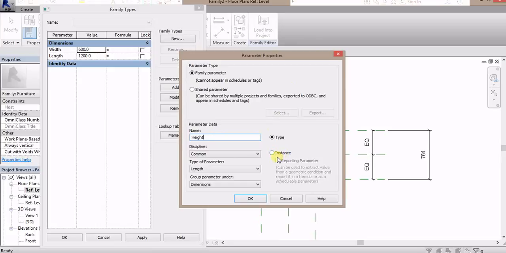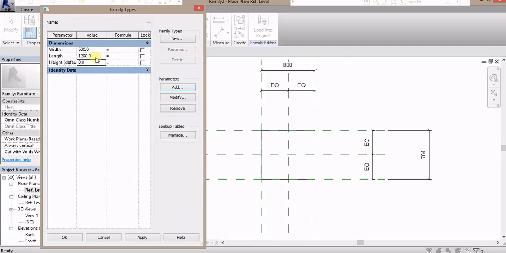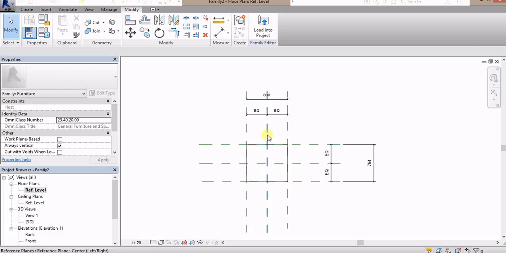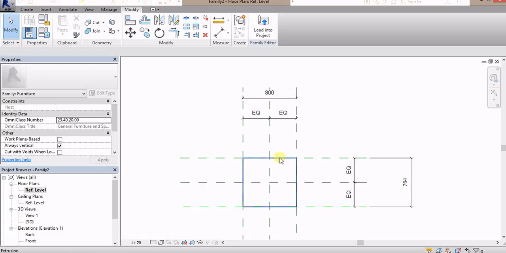I will put this value as instance for learning purposes. Okay, height, and I will put this value at 800. Okay. Now I create my parameters. Then I have to set my parameters to my family. So I will take this